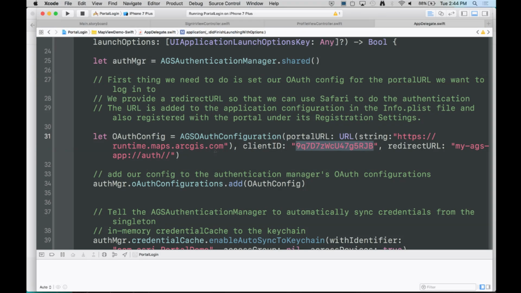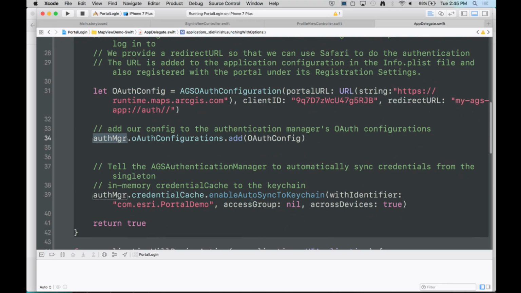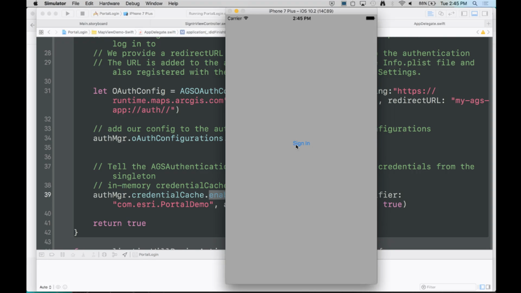Switch back to Xcode. So I created the OAuth configuration with that, gave it to the authentication manager. And I even told the authentication manager that it needs to save those credentials in the keychain so that the next time the user tries to launch the app and sign in, he's not prompted again. Once is enough, and we can securely persist credentials to the keychain. So now if I go ahead and sign in,